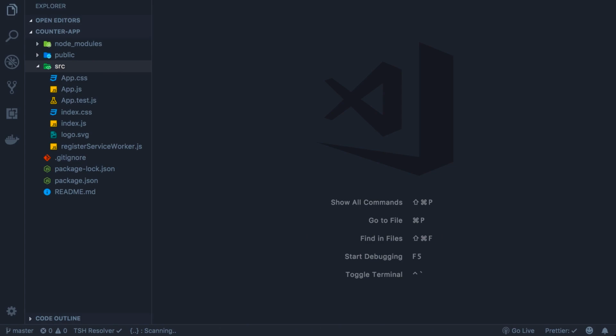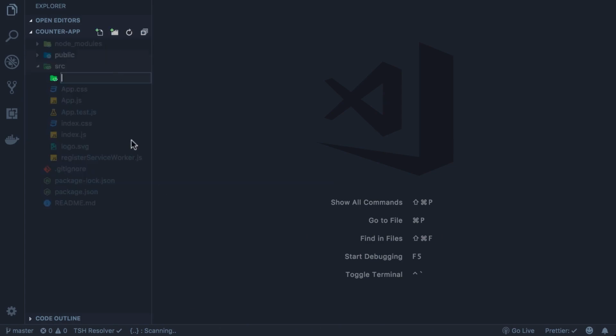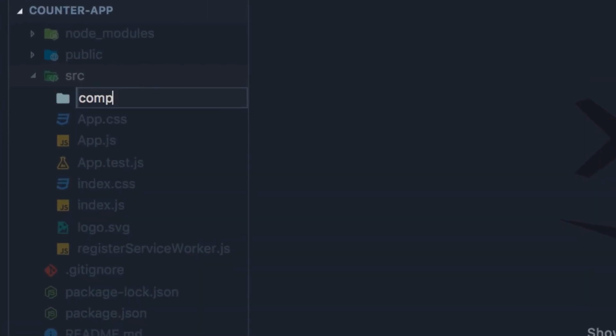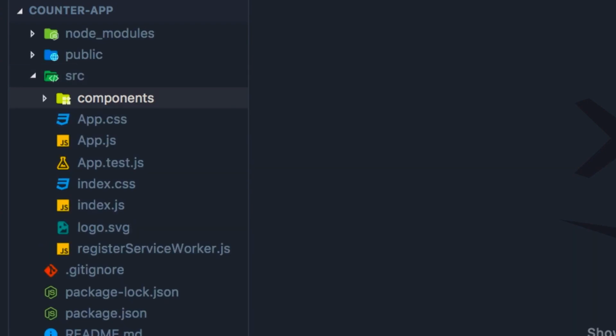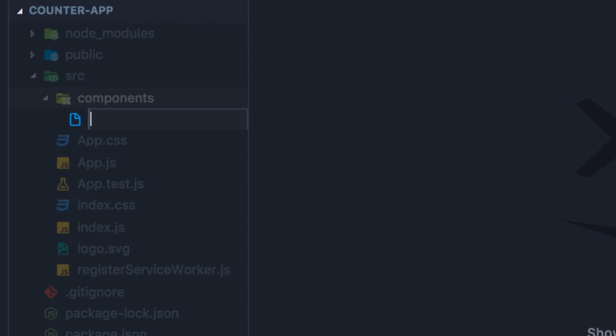All right, now let's create our first component. So here in the source folder, let's add a new folder, components. By convention, we put all our components here. Now in the components folder, let's add a new file. We call it